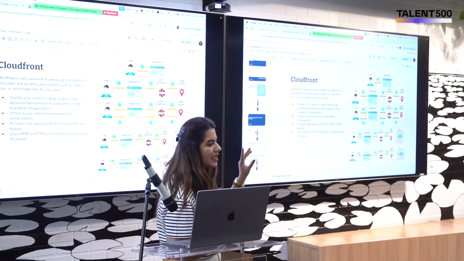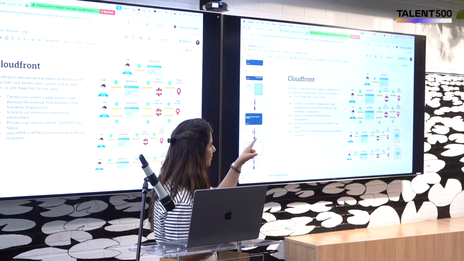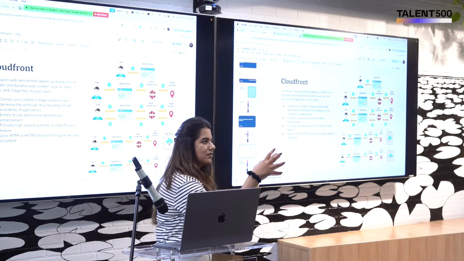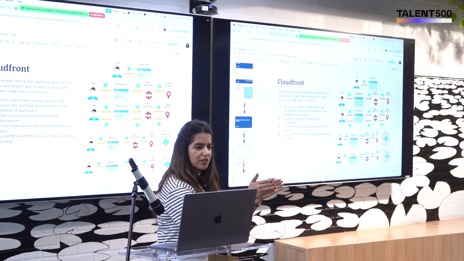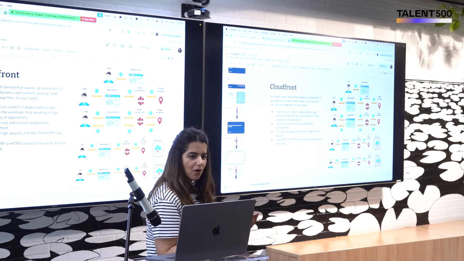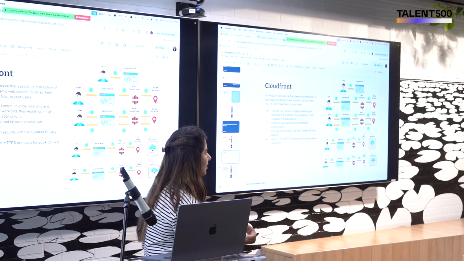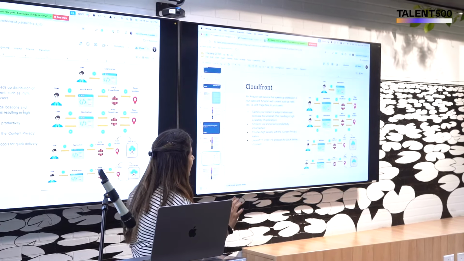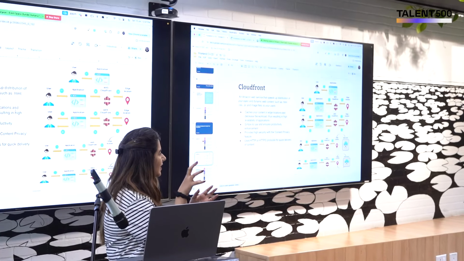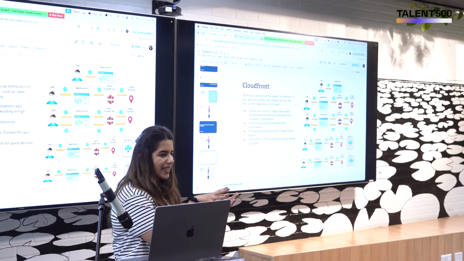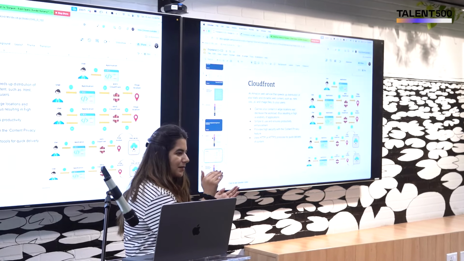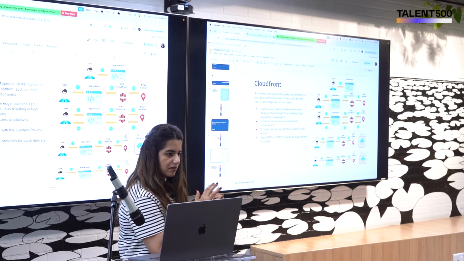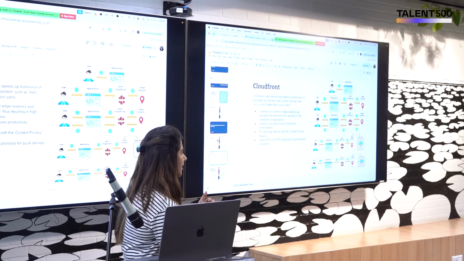So you make a hit to the application. What that application will do is go to CloudFront, which will access your resources from the nearest location. That means it would be faster, obviously. The request would happen in less time. That location is known as the edge location. Now what happens is that it keeps the resource in its cache. So every time a user makes a hit, it would be a quicker request. The response would be quicker.